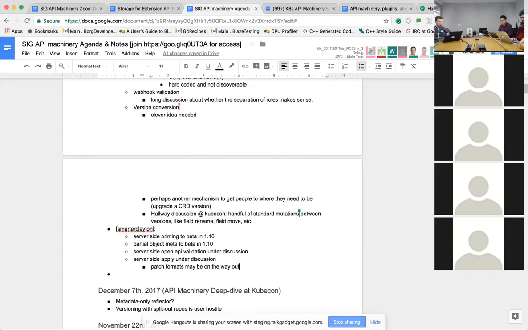Yeah. I think the patch language should really be a series of operations. Right now, I think our strategic merge patch is a really bad scripting language. JSON patch is actually close. It just doesn't have the ability to reference items in a list by key. You can only reference by index, which doesn't work. Wasn't that the same feature in strategic merge patch? It was the idea that.